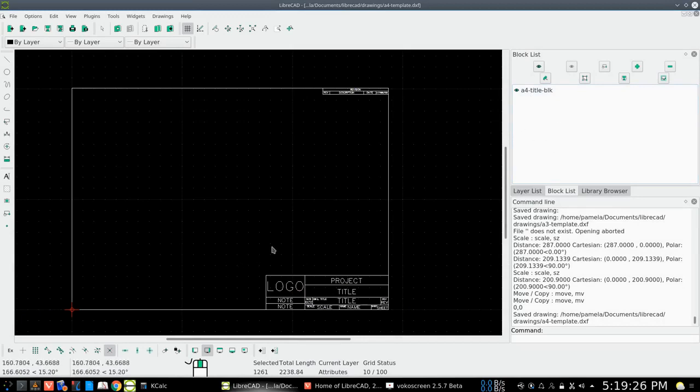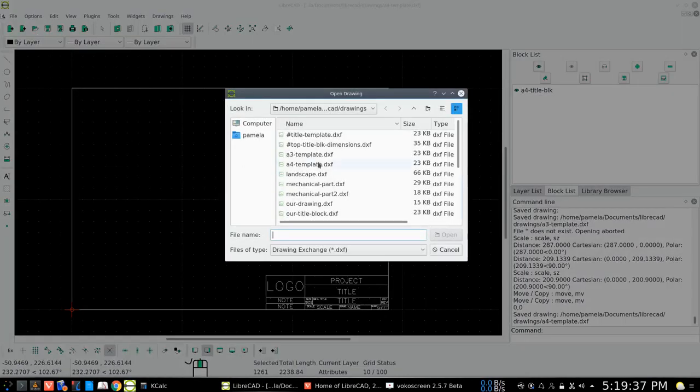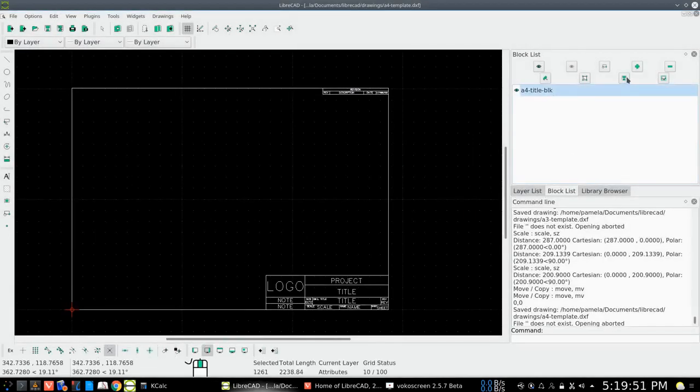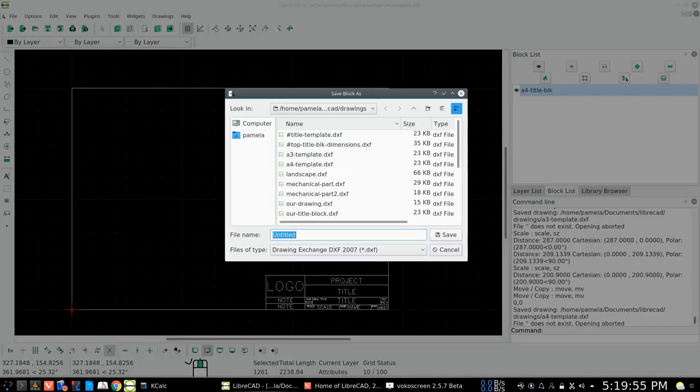Of our A4. Okay. Now if we look in our open, okay, let's, this is our block here. Let's save that block now. We've created a block. Let's save it. Let's make sure we save that. Okay,